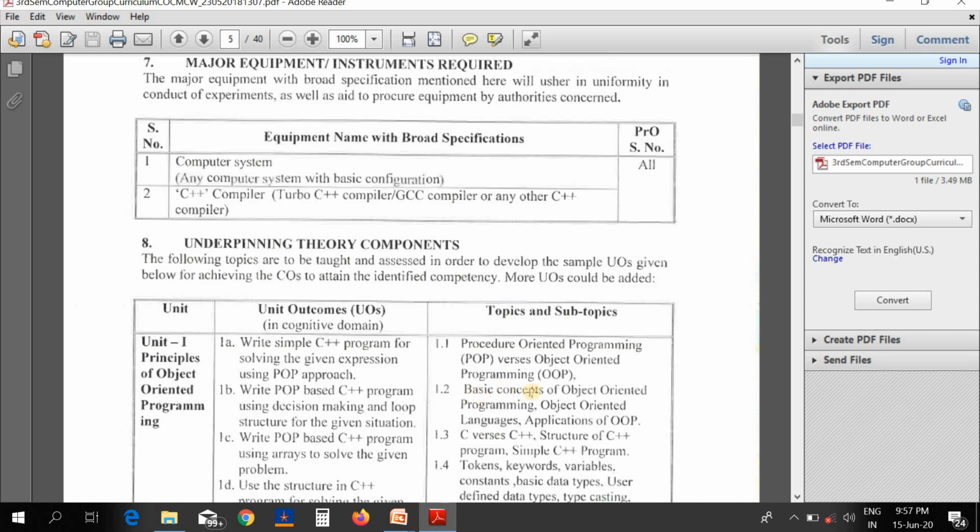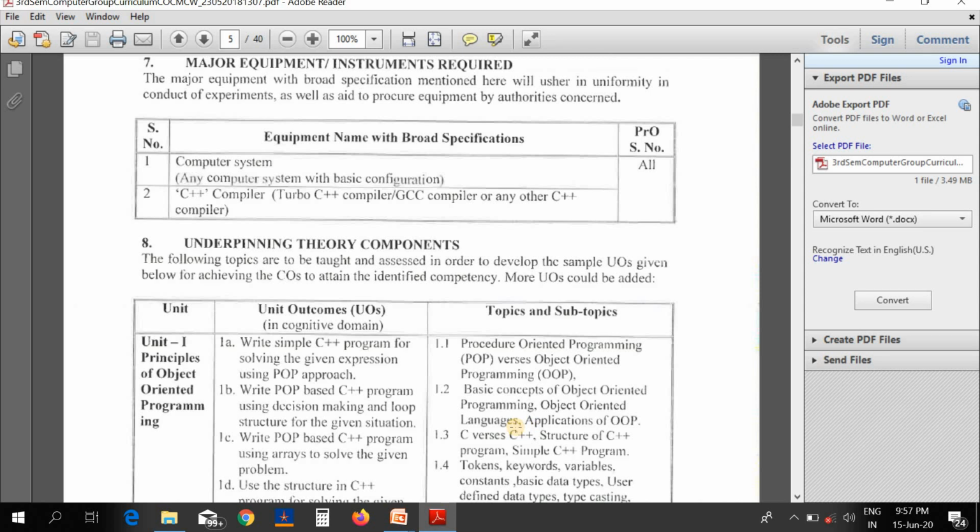Next, the basic concepts of object-oriented programming language. Then we will see the basic concepts such as objects, classes, data encapsulation, abstraction, inheritance, polymorphism, dynamic binding, message passing, etc. Next, object-oriented programming languages.